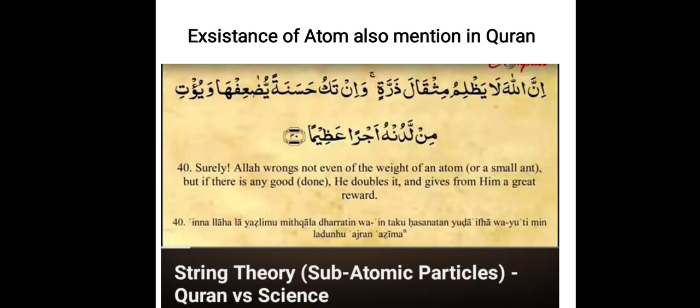He is using the atom as a comparison for a sin, that if you did a minor sin like an atom, you will be punished, or if you did a good deed, you will be rewarded even for that good deed which is